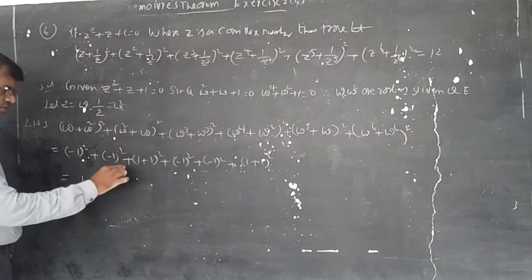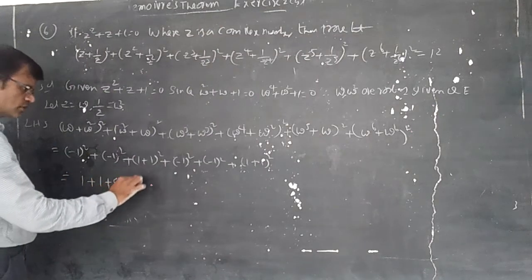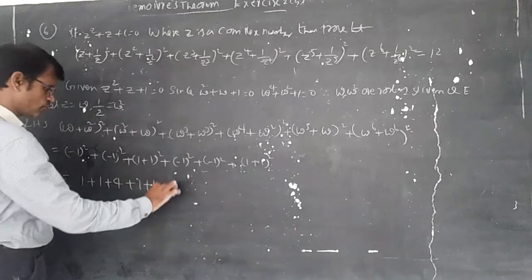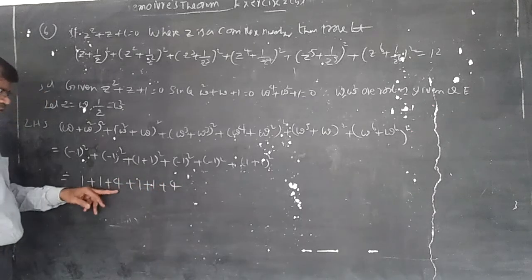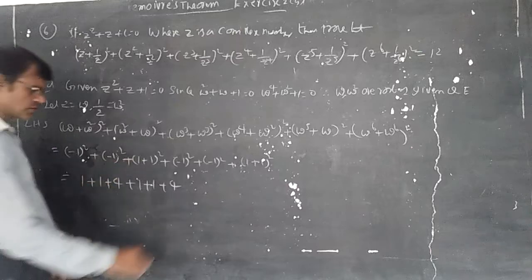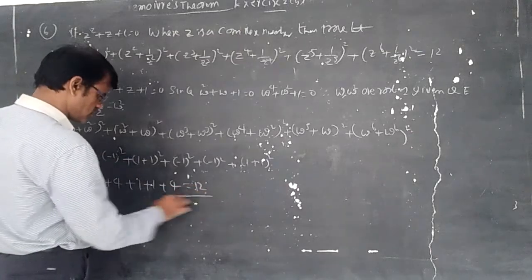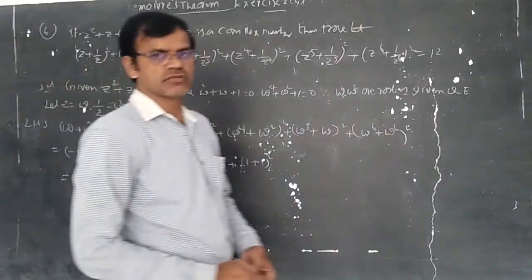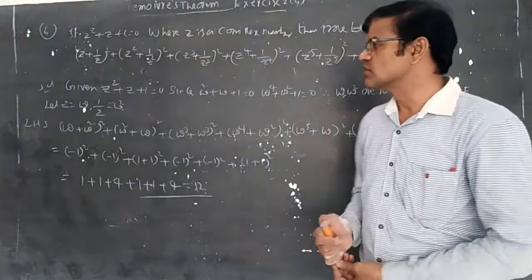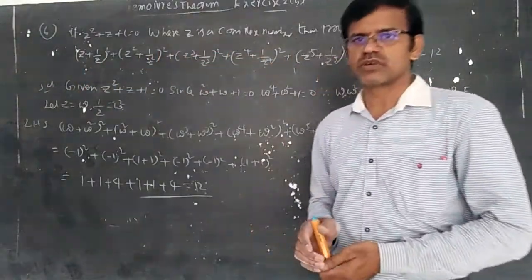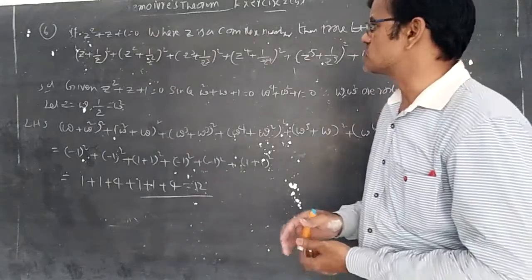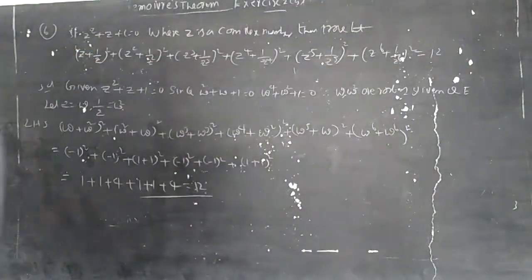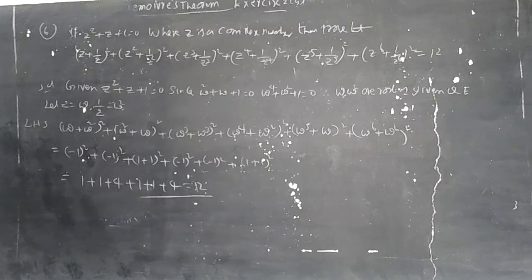Minus 1 whole square is 1. 1 plus 1 whole square is 4. This is 1, this is 1, this is 4. So 1 plus 1 plus 1 plus 1 is 4, plus 4 plus 4, sorry, 8 plus 4. It is 12. This is our answer. One time they asked it for 7 marks. It is somewhat IMP and object only, not in IPE. If it is given for 7 marks, you can do it easily.